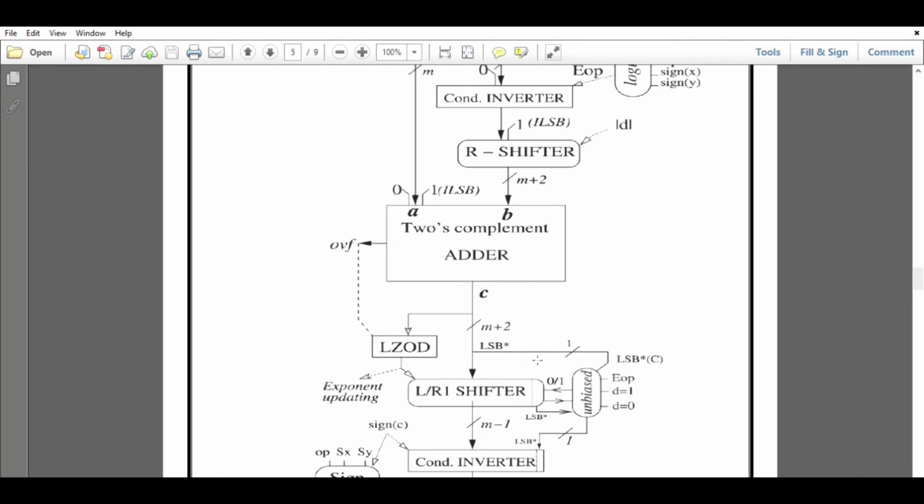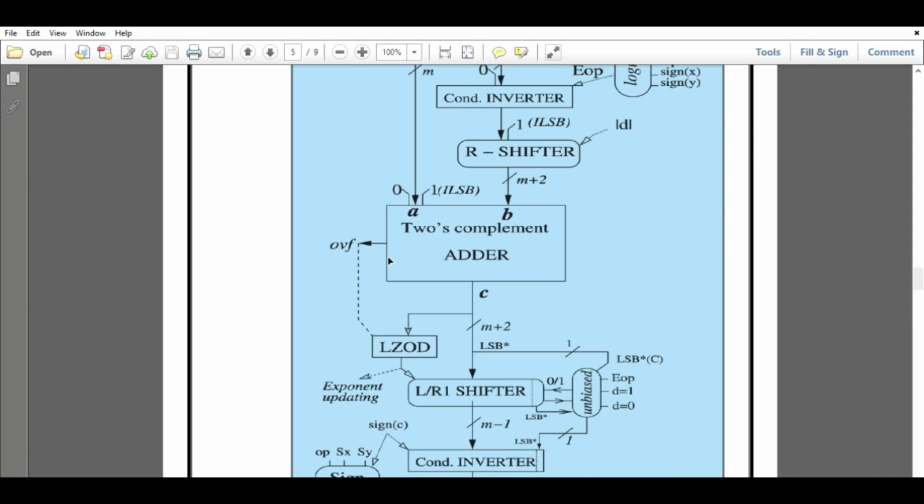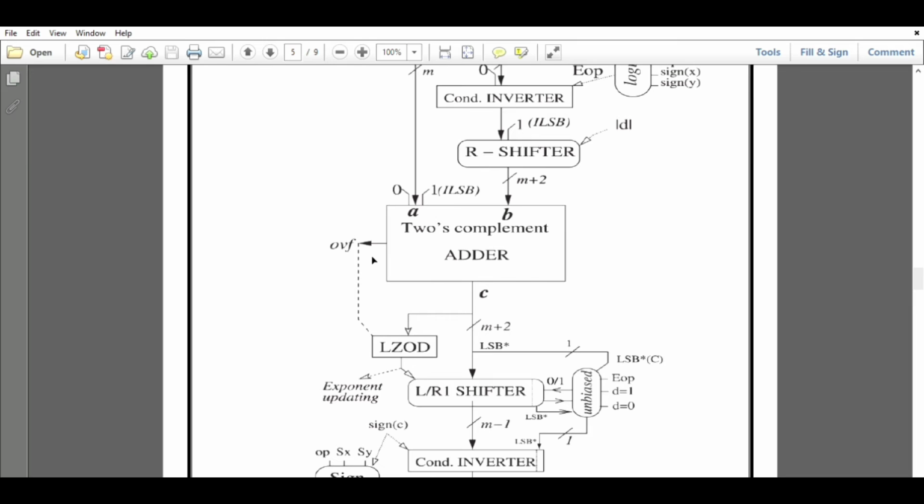For the case of aligned addition, the hardware required to obtain unbiased results is the same as described in adder A plus. This hardware is enclosed in the logic box entitled unbiased. The unbiased box also contains the logic required to manage the tie condition produced in the case of performing a subtraction when d is equal to 1.